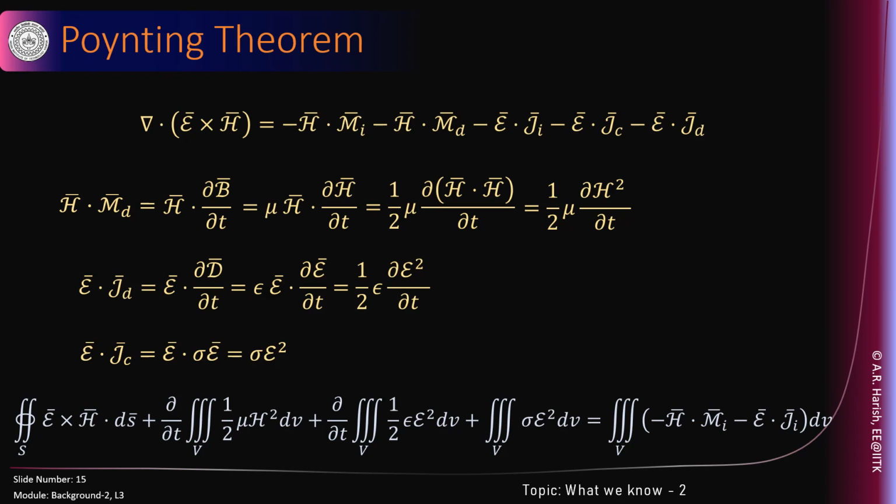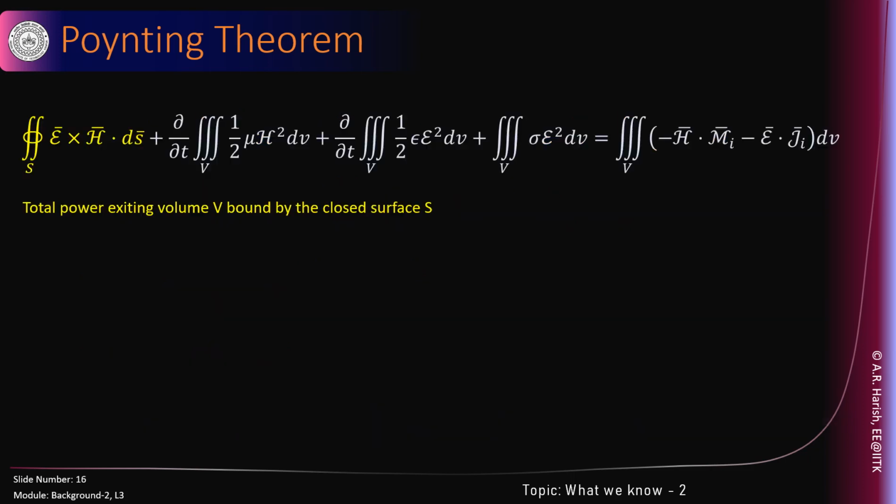And this is where I want you to spend one moment, take a break, pause the video, make sure these terms are indeed correct. We have just rearranged everything so that there is an order, there is some physical significance that can be attached to this equation. So far it has been just mathematical manipulation, but now in the next slide we are talking about the physical significance of it. What does that yellow one represent?